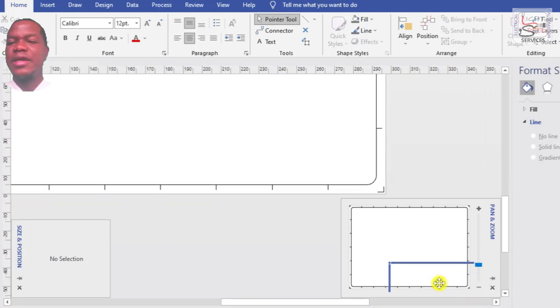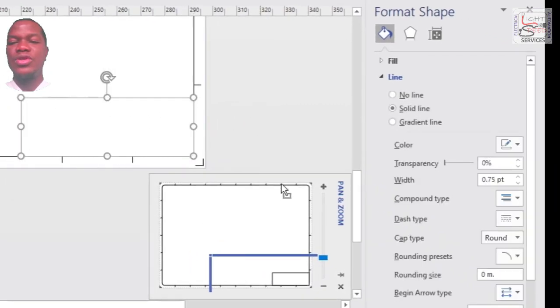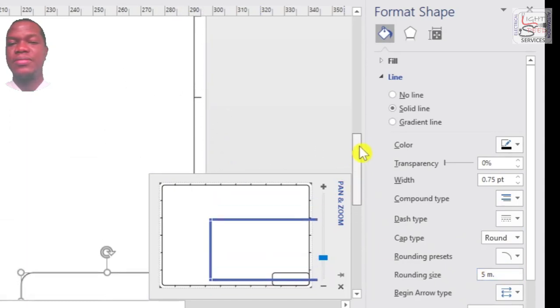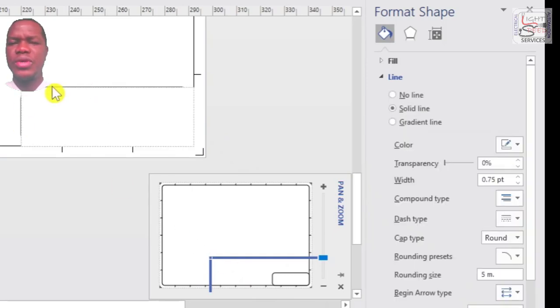So we're going to need another rectangle. The size of your title block is up to you, if you're following a particular standard or if you're using arbitrary figures. For the purpose of this tutorial, I'm going to size it to give me room for what I want to draw. So I just bent the corners. You may want that, you may not want that. If the corner bend is the same as the border line, then they will rhyme at that edge, but it will reduce the space you want to work with. So you may not want that. I may have to remove it.